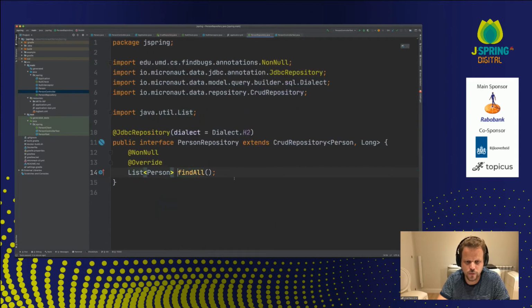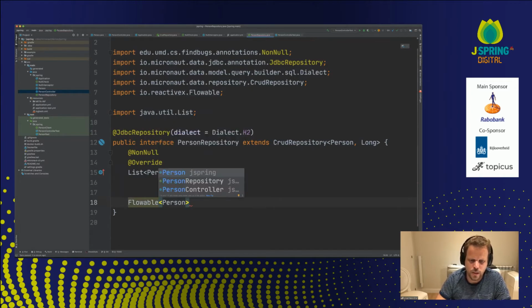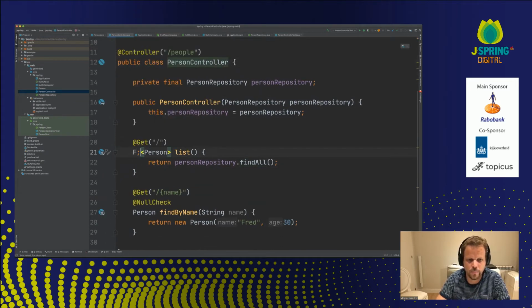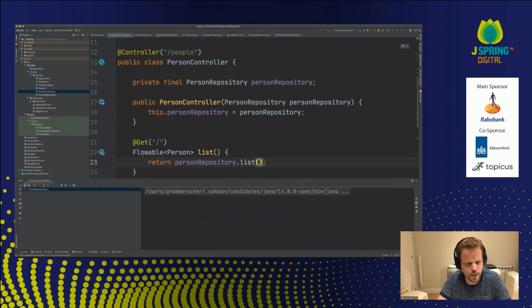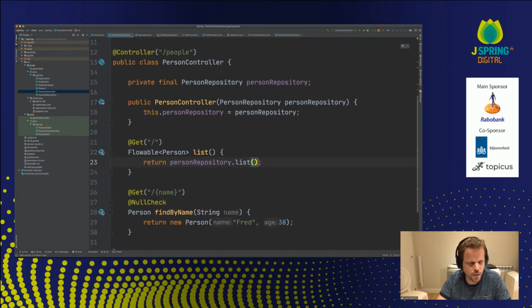Another option is, instead of returning a list, we can return a Flowable from here for my query. In that case, Micronaut Data itself will automatically shift the operation in question to the IO thread pool, and we won't be blocking the Netty event loop, which is clearly undesirable. There are a few things in Micronaut that I haven't pointed out that, because we're doing things at compilation time, make Micronaut a very compelling option.